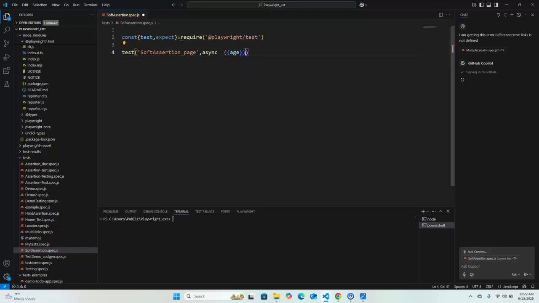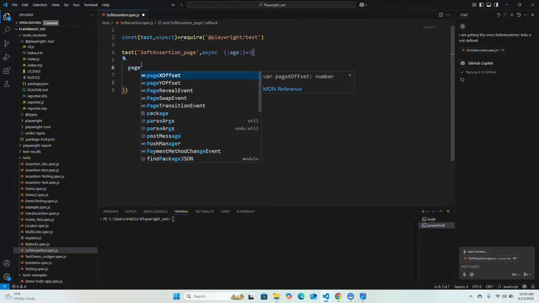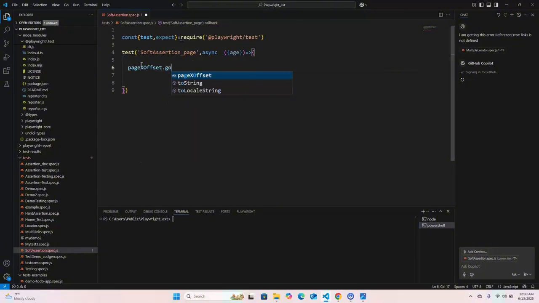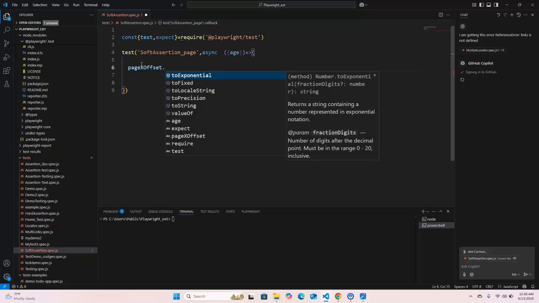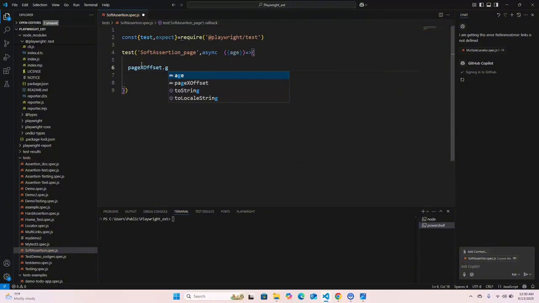And for that we will write the anonymous function and use the curly braces, and here we will write the application where we want to navigate. So page dot go,